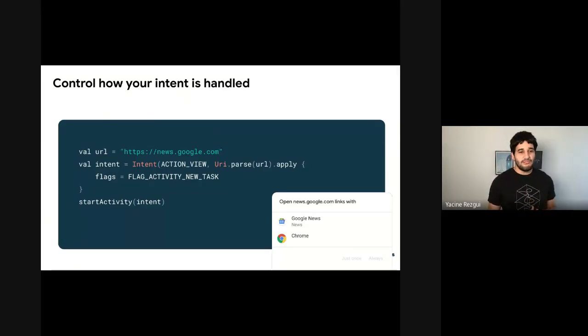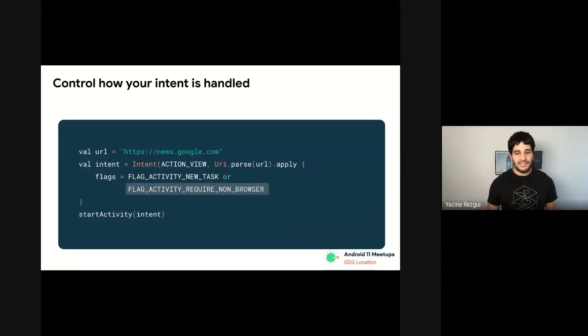But in the case where you don't want to give them Chrome, you may prefer a native experience, we're bringing a new flag available on Android 11. Flag activity require non-browser. And in this case, when you have an application that is native and can handle that link or this intent, we will show you the right native dialog. But if you don't have it, if the user didn't install Google News, we will just raise an exception, activity